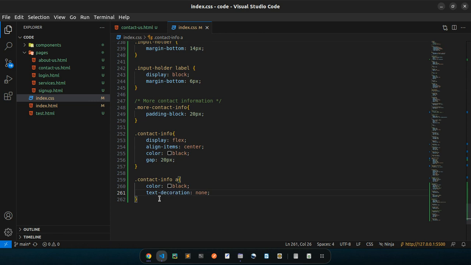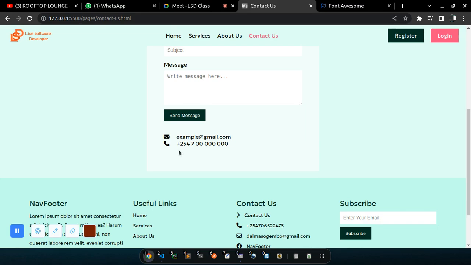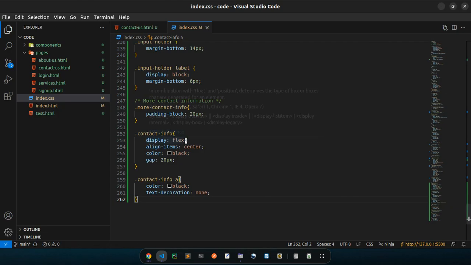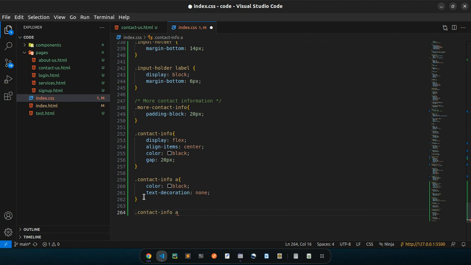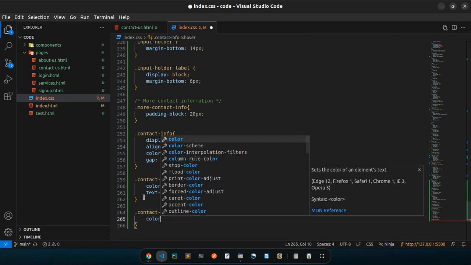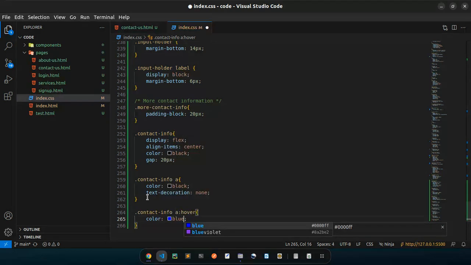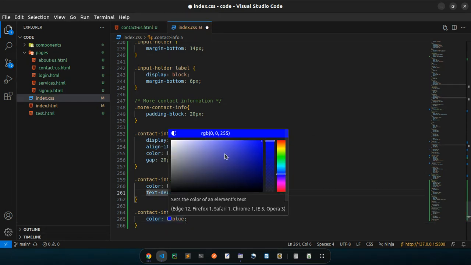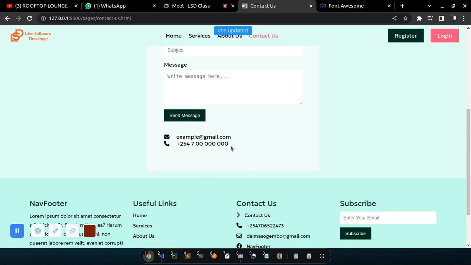Then what I'm going to do next is if somebody hovers over any of this, they change the color to blue. So I just copy this, paste here, and do on hover, just colon hover. I say the color changes to blue. I'm going to hover here and change this color to something else, not that deep blue, some sort of that, I believe. So if I hover, it shows something. So yes,